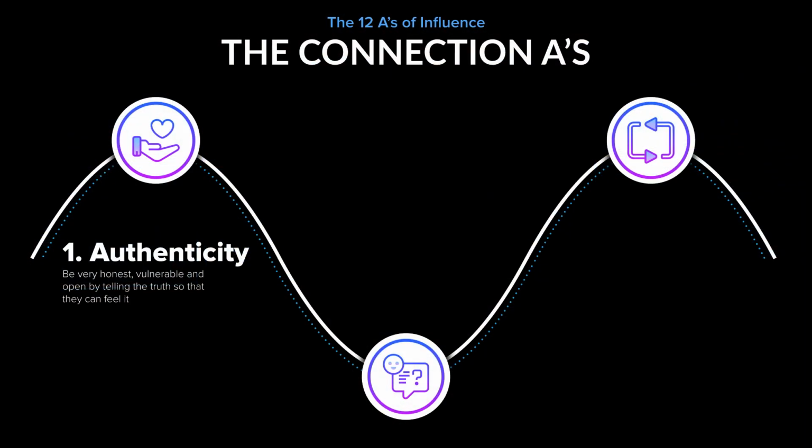Another way to demonstrate authenticity is to hold the paradox of certainty and uncertainty simultaneously. Meaning, when you're having a conversation with a prospect or anyone that you're influencing or leading, if you come in with just absolute certainty that you know all of the answers, that you know everything, and making any assumptions that they don't, or that there's zero uncertainty on your part, it violates some type of intuitive trust.